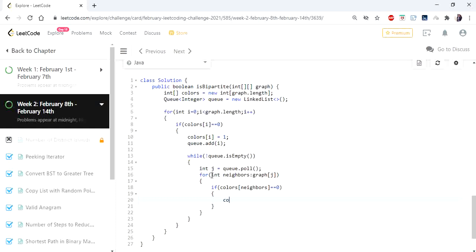If the color is 0, then we are going to color the opposite color of our actual node. That is, we took node from our queue and we are checking if it is not already colored. If it is not already colored, we are going to put that in our opposite set and add that node to our queue.